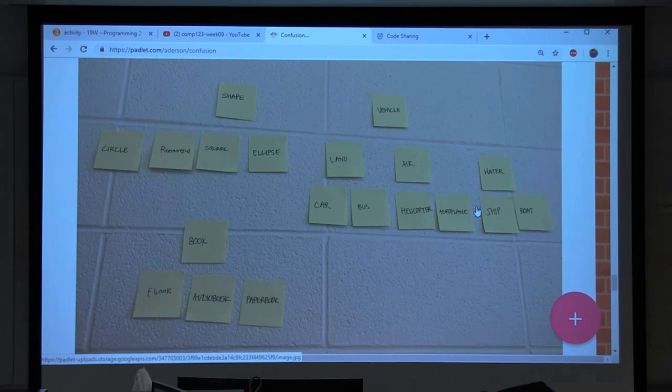Yeah. Does anyone have a different opinion? Any opinion different from this one? Any implementation different from this one? What was your implementation, Paulo? So you can do shape as the main class. You can have square as another, the second parent. And you can have rectangle under square. Also you can have circle and then ellipse under circle. Understood. That's another way to put it.